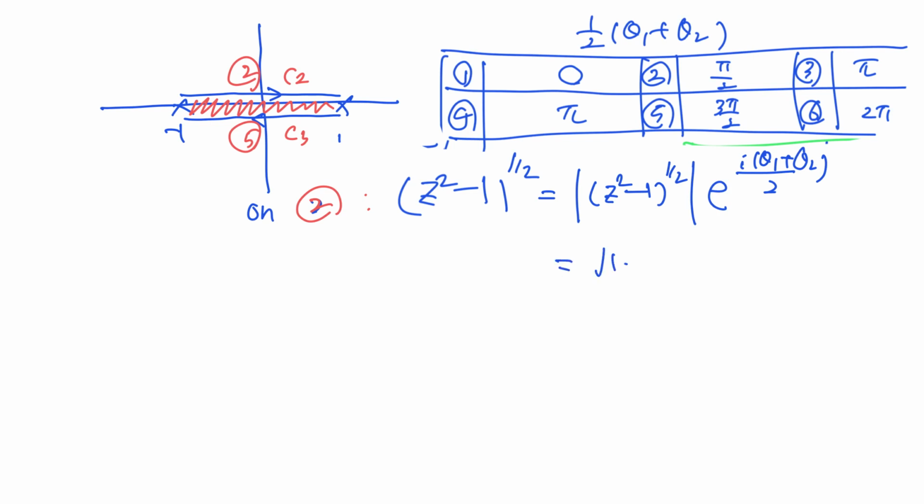Here, you can say it this way, exponential I pi over 2. If you take the absolute value of this, whatever, then you can put minus 1 as well, between minus 1 to 1. So it has to be real value. So we can put it this way. But on 2, the phase is pi over 2. Right? So this is basically I times